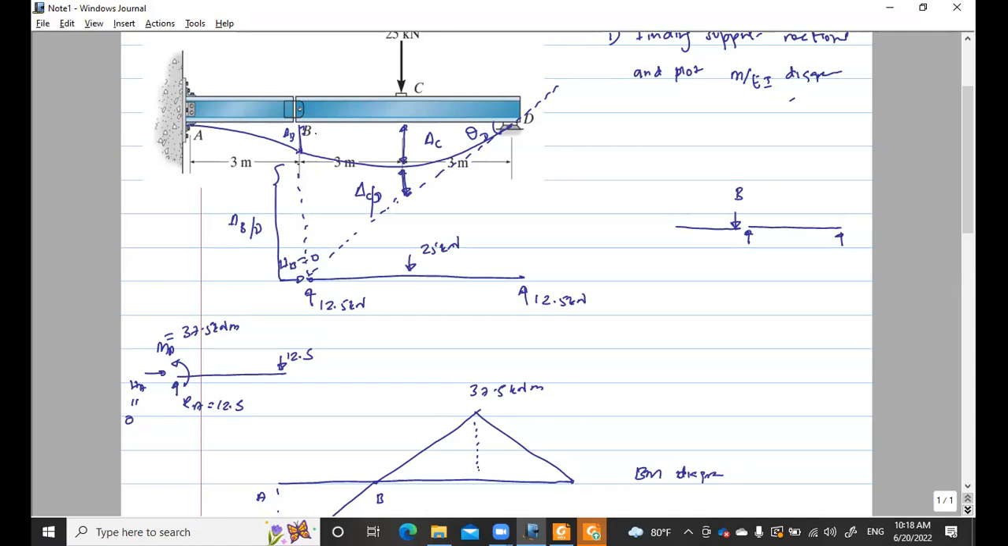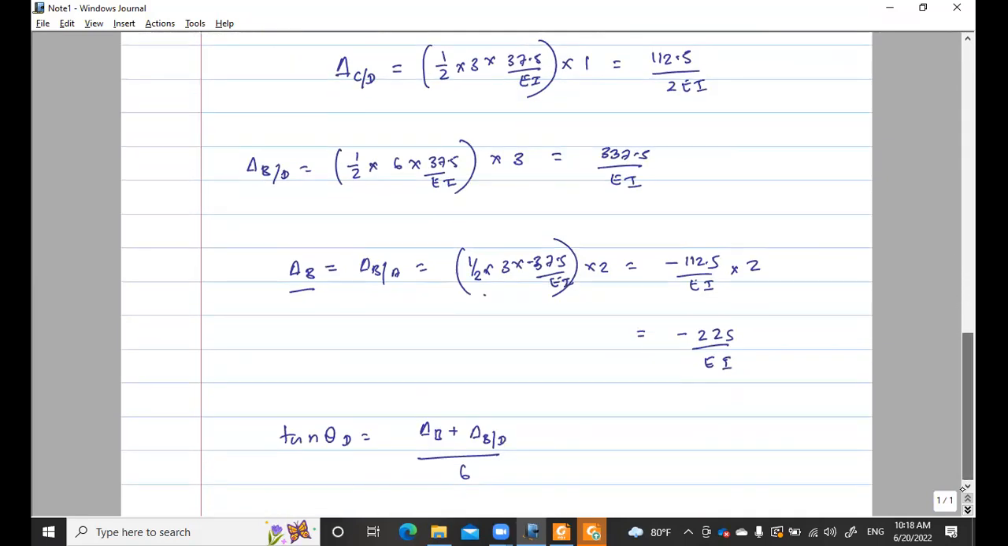By proportion, what can we say? Delta B plus delta BD is X. Means by proportion, delta C plus delta CD is equal to X by 2, because this is 6 meter, 3 meter. So by proportion, it is half. So delta B plus delta BD is,